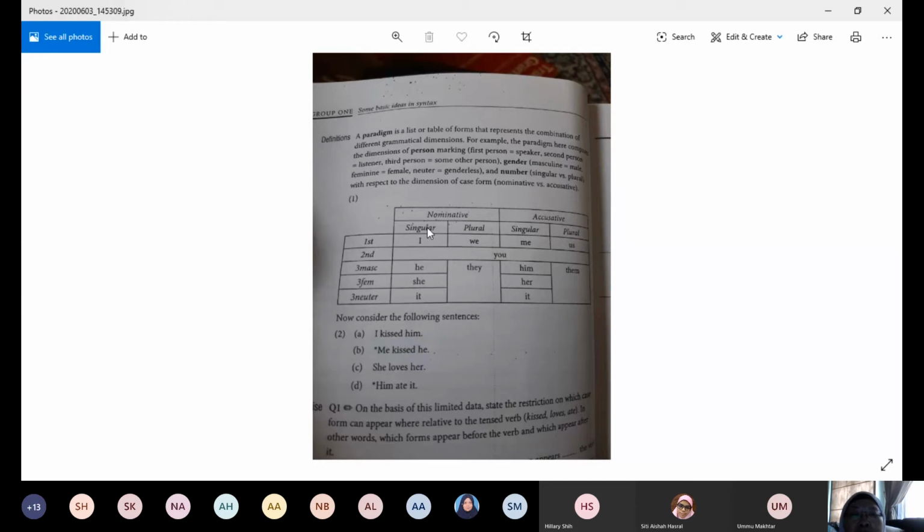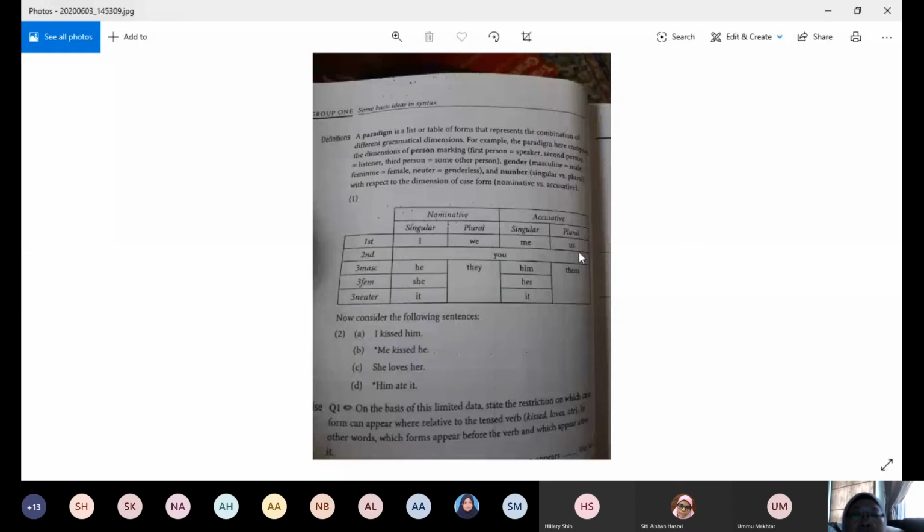First person singular nominative, I. First person plural nominative, we. First person singular accusative, me. It means he loves me, object position. And then first person plural accusative is us. So the central meaning is there, but it changes a little bit in terms of case or in terms of